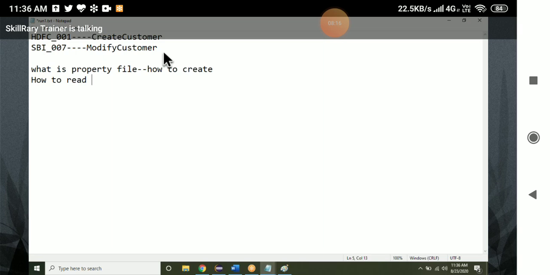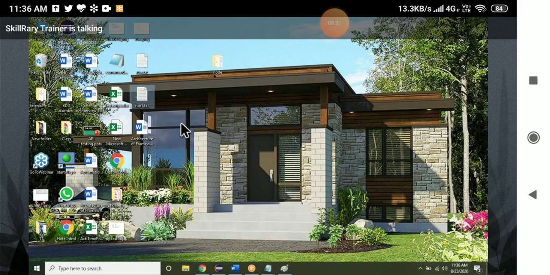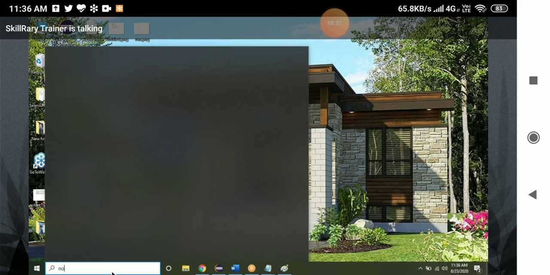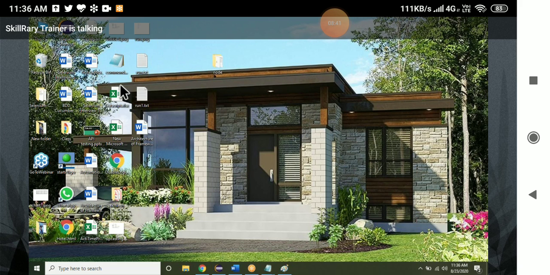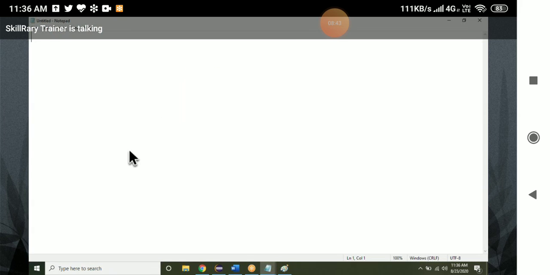First, let's see how to create the property file. Open one Notepad.